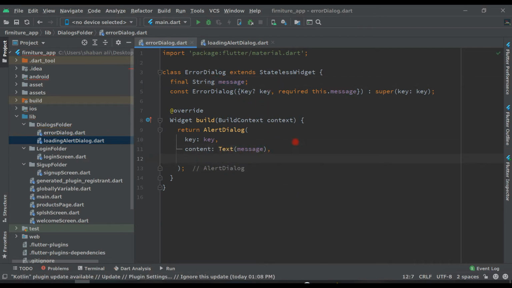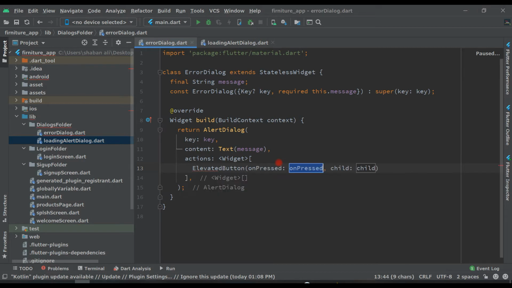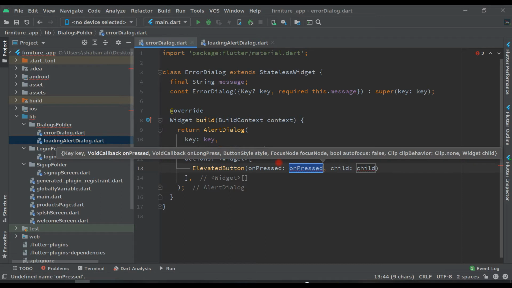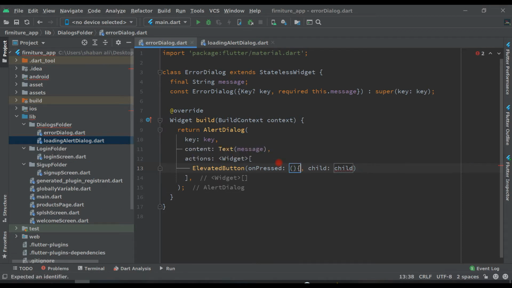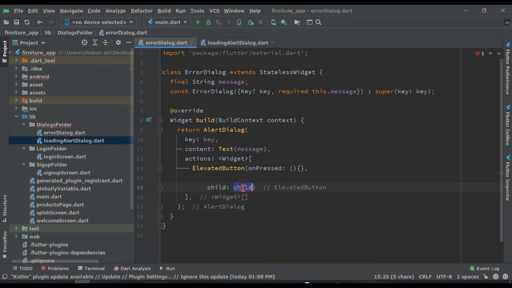Now after this let's write actions widgets, and inside these actions we have to return an ElevatedButton. On pressed, just make it like this, and the child will be Center.